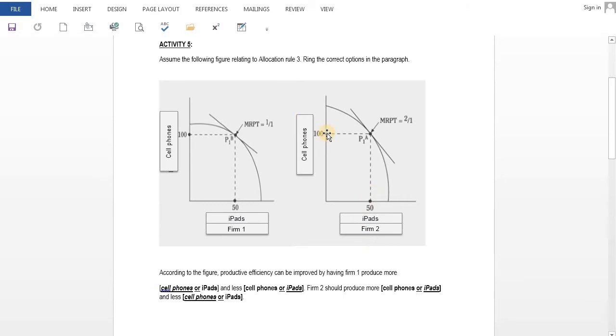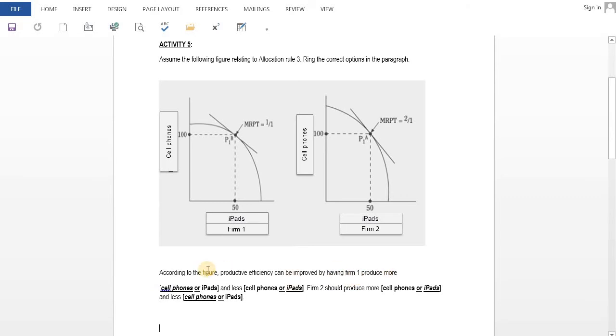By just looking at this, you can see that firm 2 has to specialize here, because it doesn't lose any resources, but instead makes additional cell phones whenever they sacrifice producing iPads. So here we're just looking at which product between the two each of these firms has to specialize in. Now if we get to answer the questions, according to the figure, productive efficiency can improve by having firm 1 produce more of